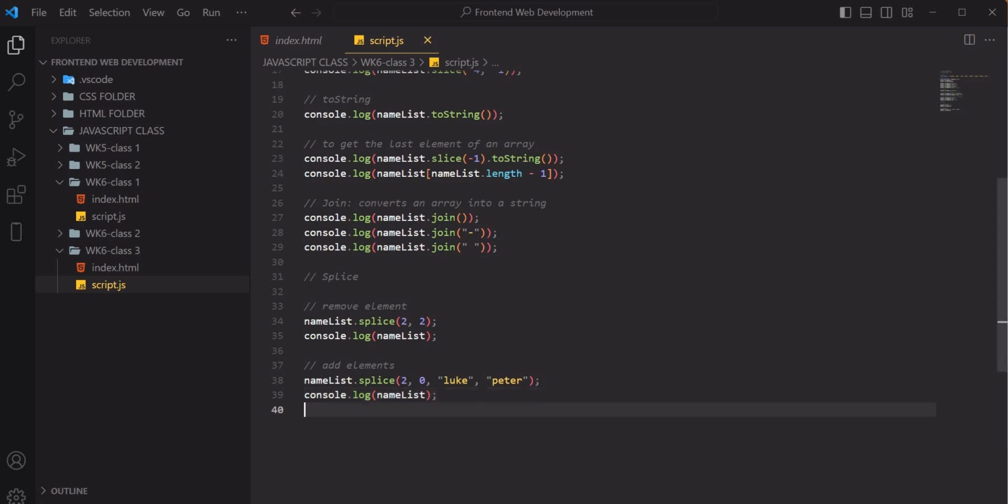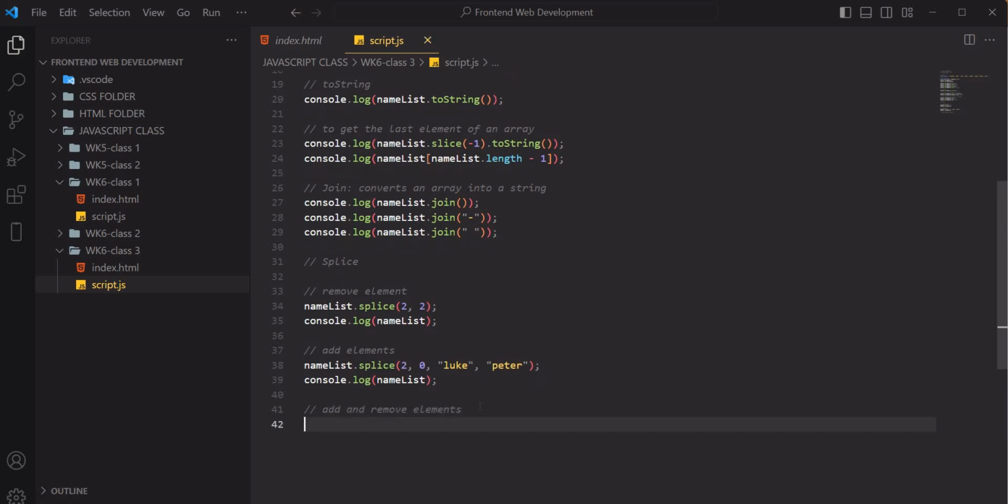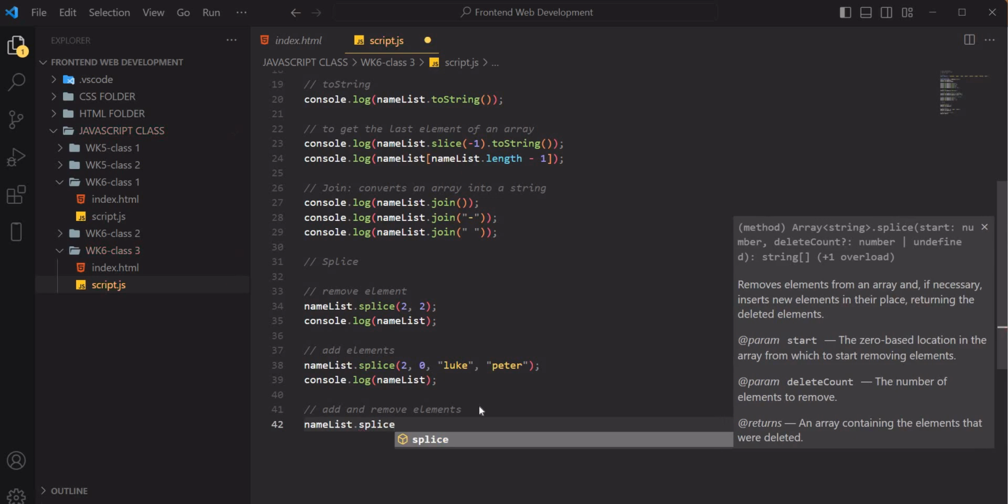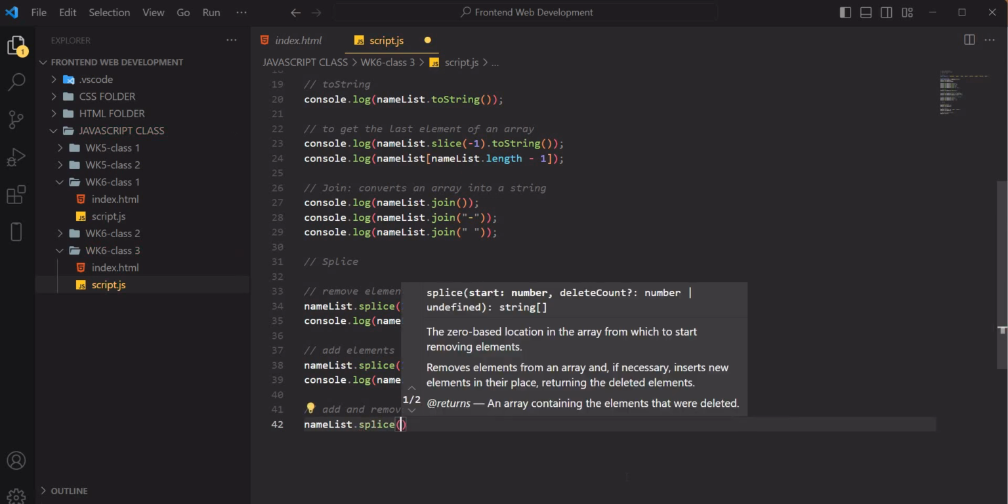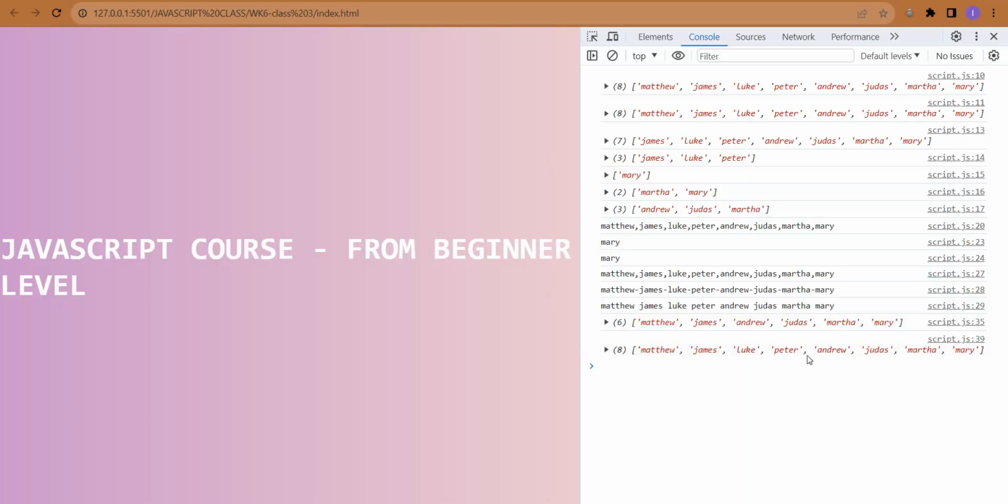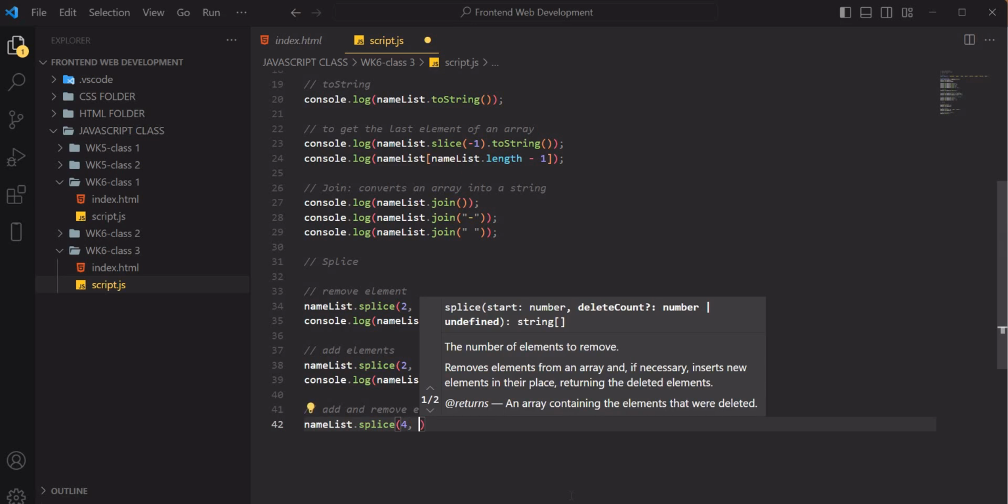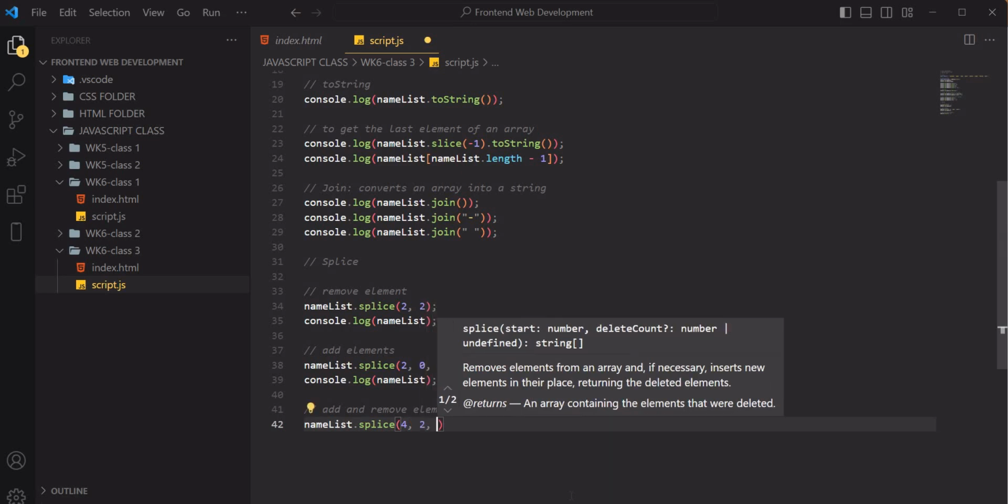So that's that. We can also add and remove elements together at the same time, simultaneously. In this case, I'm going to say nameList.splice. Let's say I want to start at position 0, 1, 2, 3, 4. I want to start at position 4. How many items do I want to remove? I want to remove 2 items, but I want to add